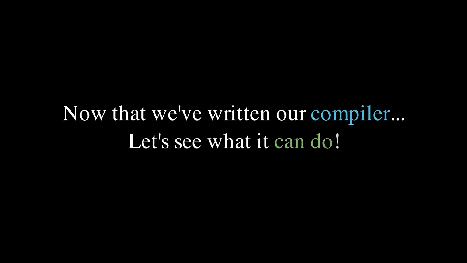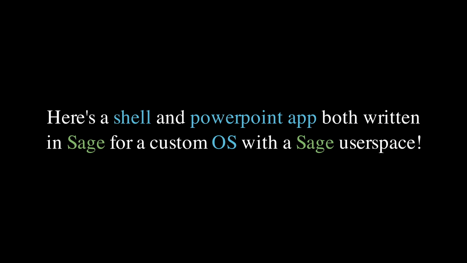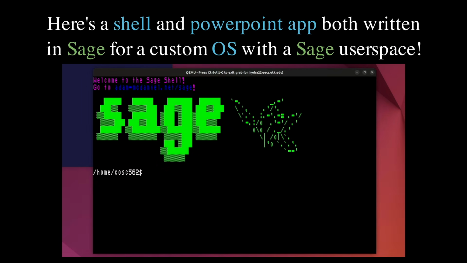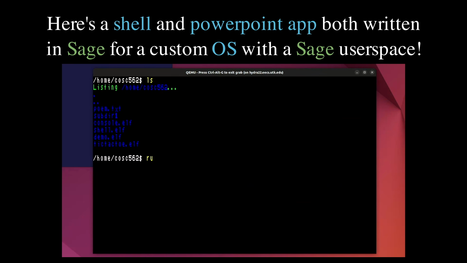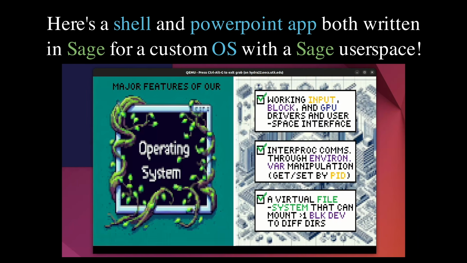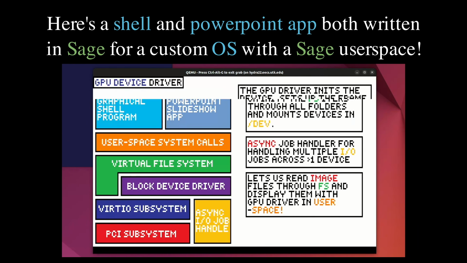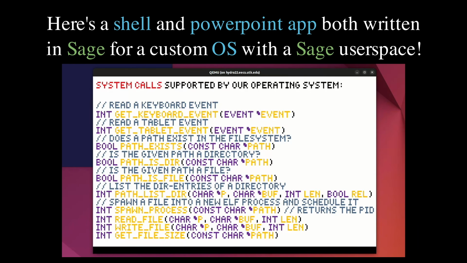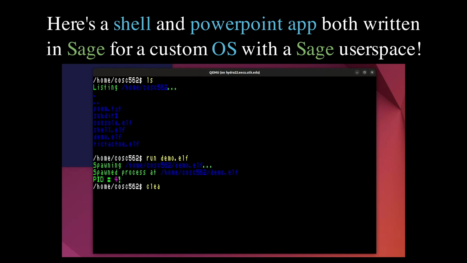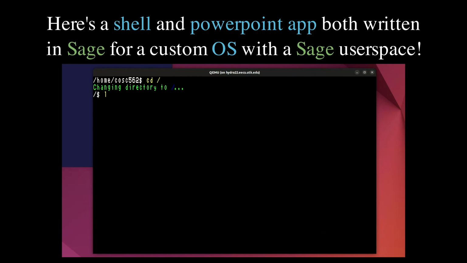Now that we've written our compiler and type checker, we can start writing some real programs. Let's see what we can do with our new language. First, a demonstration of a couple of real-world programs written in Sage. Here we see an operating system with its entire user space written in Sage. The operating system boots to a shell implemented using the Sage source language and compiled for the RISC-V architecture. We use the shell to boot up another Sage program, a PowerPoint app which delivers a presentation about the operating system's structure and implementation. Then the PowerPoint finishes, and we return to the shell to run some more commands and